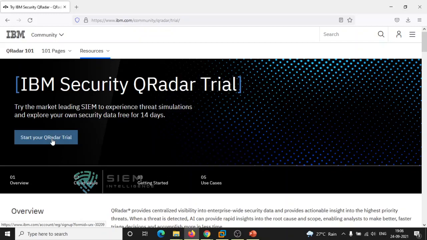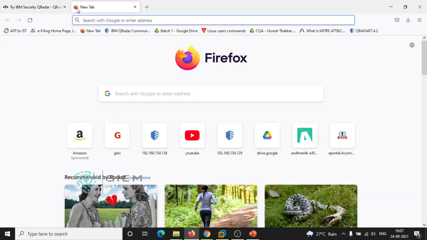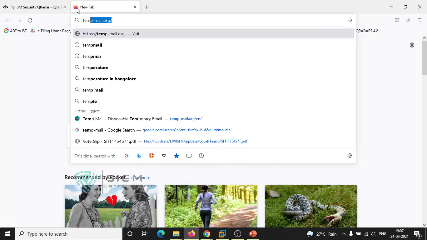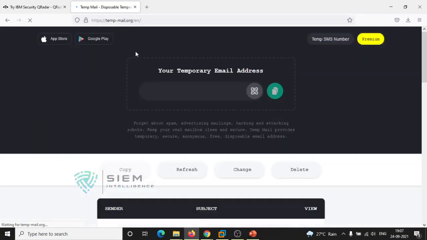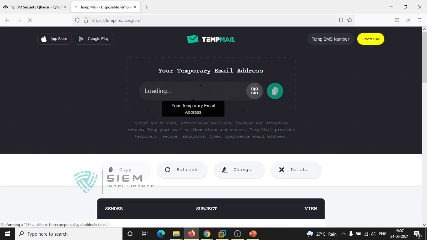That's the reason I request you not to use your personal ID, for the sake of this QRadar QRoC. I'll explain something called temp mail. There is tempmail.org. Just use one temporary mail ID.